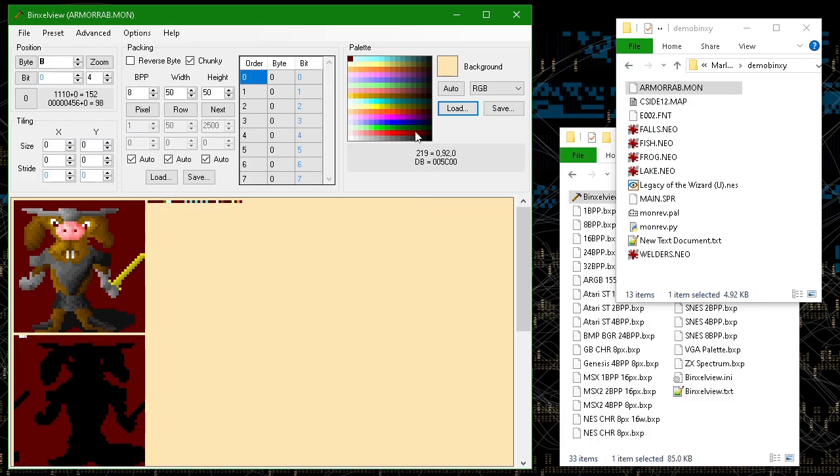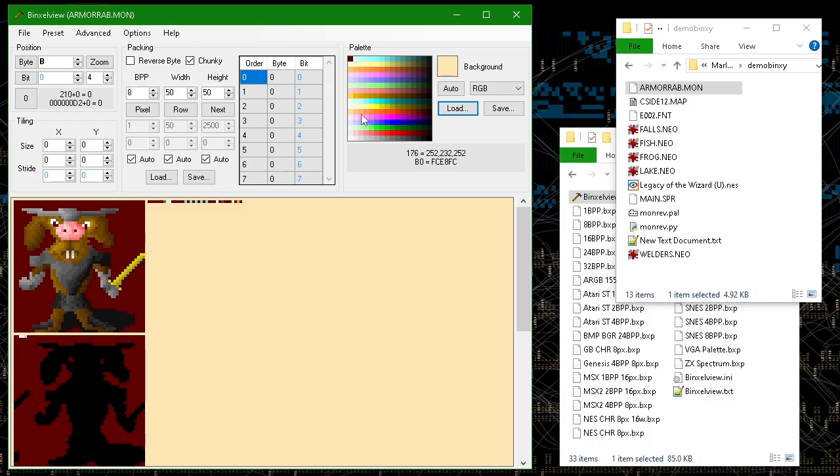If you've managed to find the palette somehow, this tool can be used to look for palettes, and that's a more advanced topic that I don't want to cover right now, but this tool can help find palette data. There's even a pixels to palette feature.